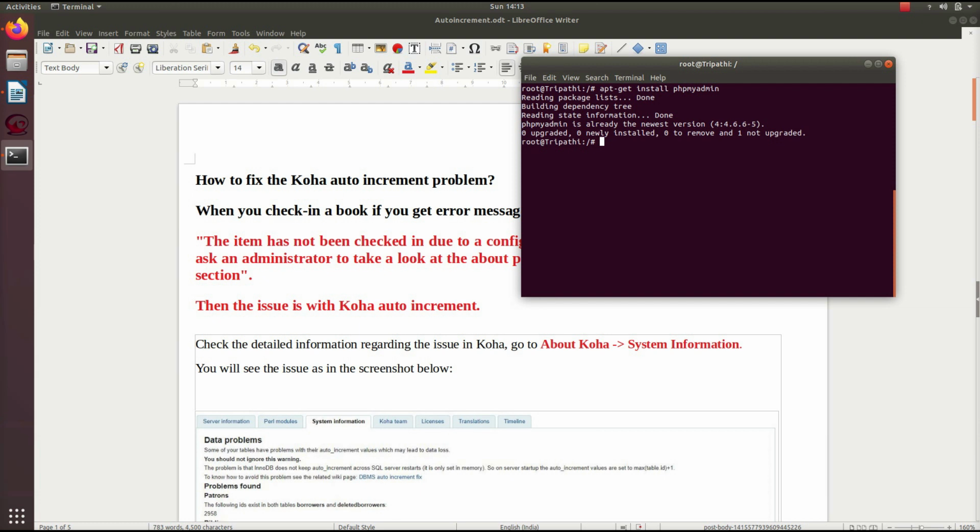While installing phpMyAdmin, you have to provide the password to open phpMyAdmin with root. So whatever password you gave to MySQL at the time of installation, the same password you have to provide while installing phpMyAdmin. Then only you will be able to connect to the database through phpMyAdmin. phpMyAdmin is only the graphical user interface to connect to your MySQL database. So be careful while installing. It will ask you to provide the password. Give the same password which you used while installing the MySQL database.